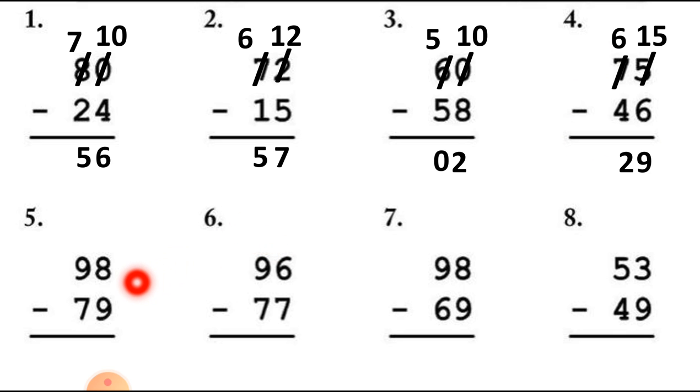Now here is sum number 5, 98 minus 79. So students, here is 8 number and 9 number at the ones column, but 8 number is a small number and 9 number is a big number. So we can't take away 9 number from the 8. So let's cut 8 number first and take 10 numbers from the tens column. So 10 plus 8 is equal to 18. So we have to put 18 number there.